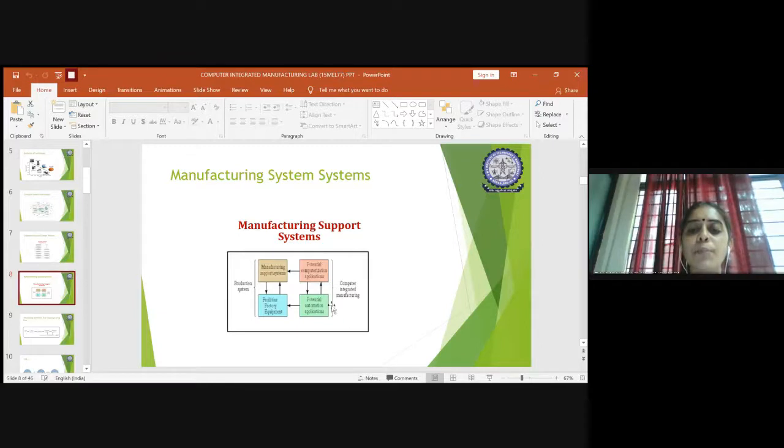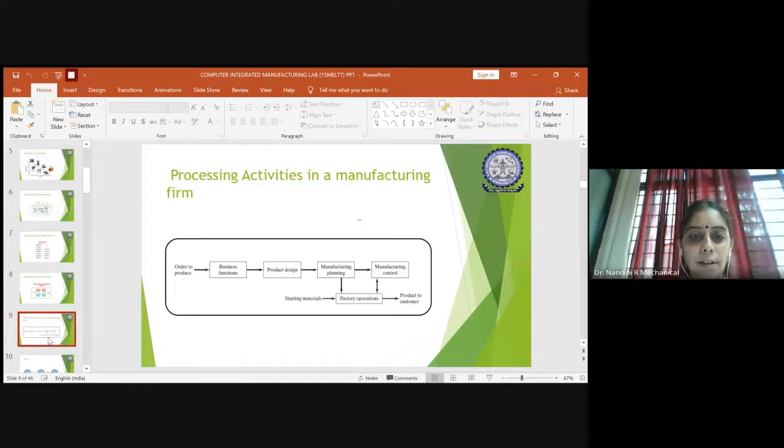So in this way, the computer integrated manufacturing tool helps in enhancement of the production in a very short period of time, and even the errors will be reduced, so you can get a good qualitative product in less time, so that you can do a lot of mass production, right? So this is just the same explanation, which are the activities which go on in any manufacturing firm.